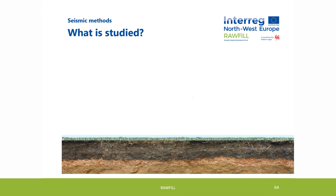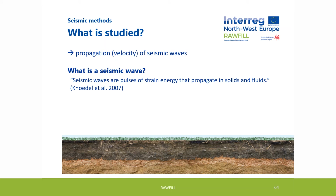Seismic methods study the propagation of seismic waves. In particular, they look at the propagation velocity of these waves. Seismic waves are pulses of strain energy that propagate in solids and partially in fluids. They are generated at a source, which can be a natural source, such as an earthquake, or an artificial one, such as a hammer blow. They can also be active, such as a hammer blow, or passive, such as the vibrations